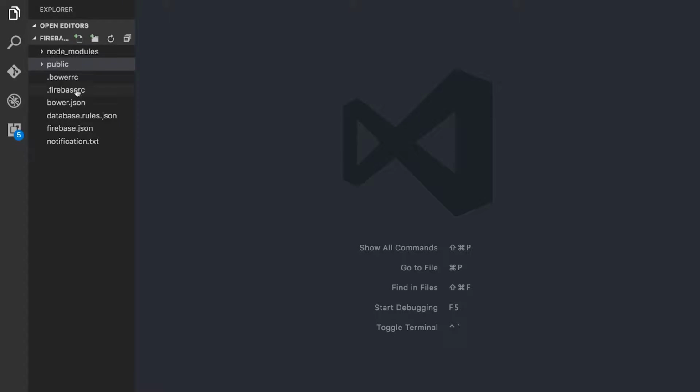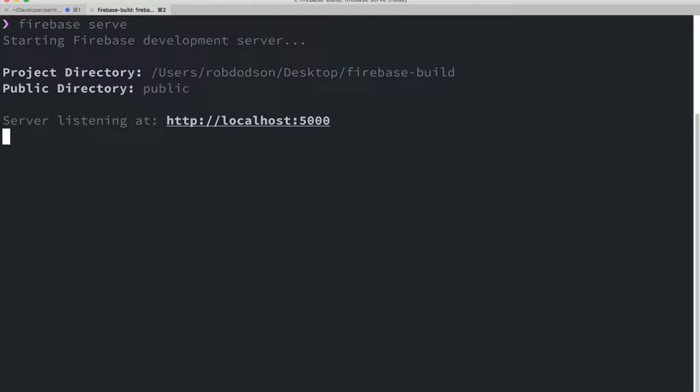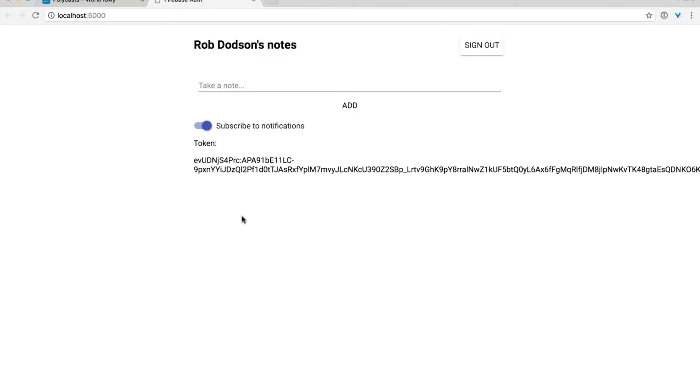So we've got this project that we created. We can go ahead and maybe start up our server so we can just preview this thing. OK, so we can go to our terminal here. We can run Firebase serve. Here, I'll embiggen this a bit so you can see it. Firebase serve. That'll start up a local server just so we can see what we're working on. OK, so this is where we left off last time.